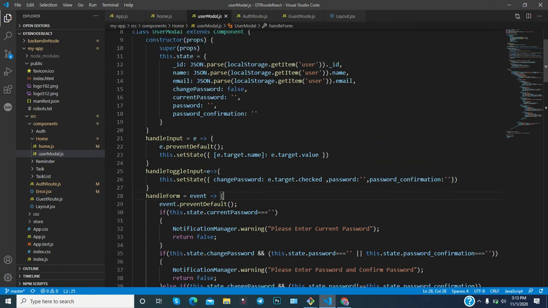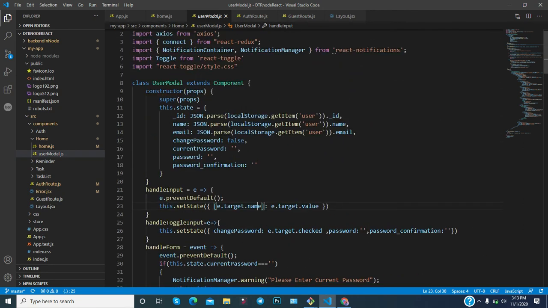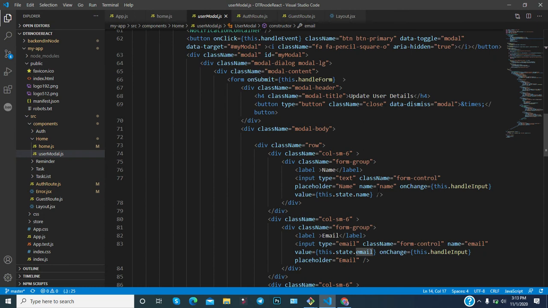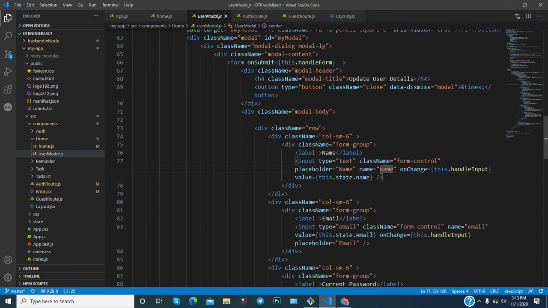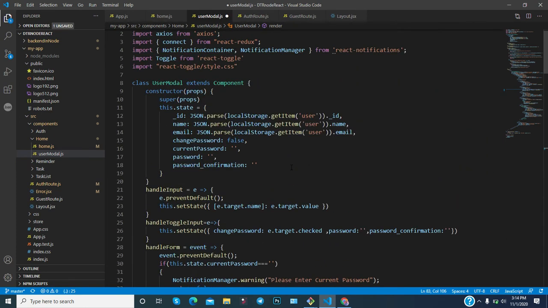Okay, and then handleInput: e.target.name and e.target.value, it means you are getting a name and a value, and make sure that the name is exactly the same as in the state object. So this state object has a key which is name, and the value is its value, and the key is email, like that. So make sure that the name is exactly the same. Name should be name, email should be email. If you use email1 here, then you also need to use email1 in the state. Why? If you do not, then this will not work.